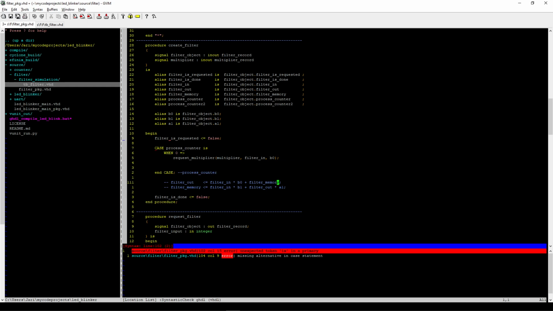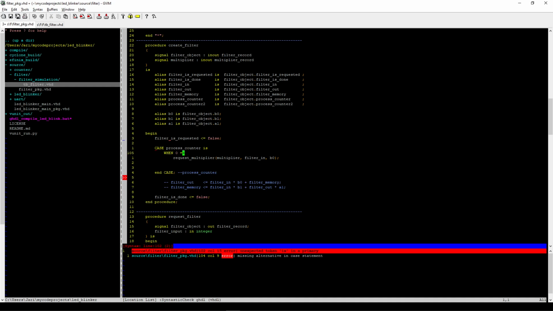As we can see, with the filter functionality I commented out, we will first put in the filter in multiplied by b0, and the second multiplication will be the filter in multiplied by b1. And